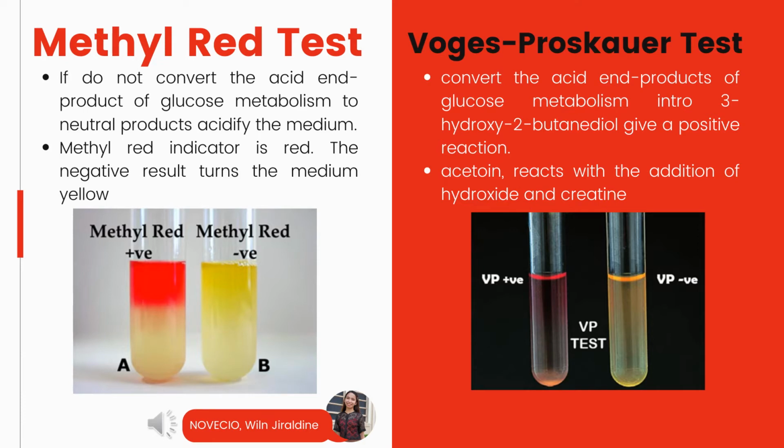The Voges-Proskauer or VP test is used to determine if an organism produces acetylmethylcarbinol from glucose fermentation. If present, acetylmethylcarbinol is converted to diacetyl in the presence of alpha-naphthol, strong alkali, and atmospheric oxygen. The alpha-naphthol was not part of the original procedure, but was found to act as a color intensifier by Barritt and must be added first.